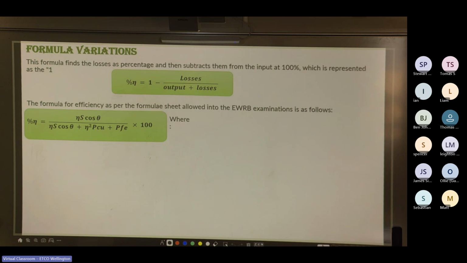The formula for efficiency as per the formula sheet allowed into the EWIB exam is as follows. Percentage N equals N S cosine theta over N S cosine theta plus N squared P Cu plus P Fe, times 100. It's a lot to look at, so we'll break it down. So percentage N is the efficiency of the